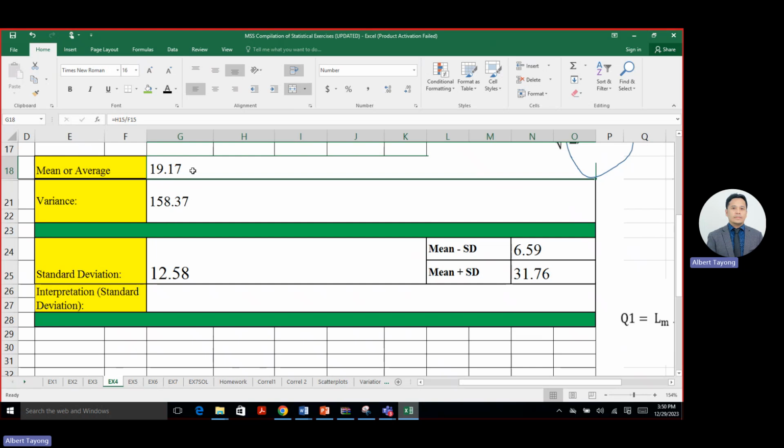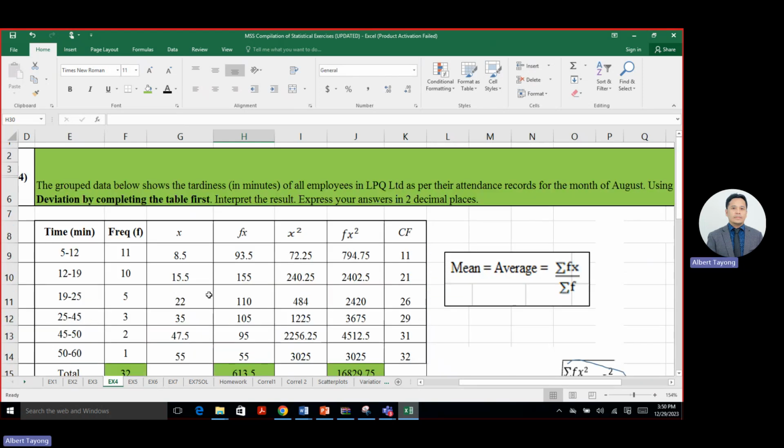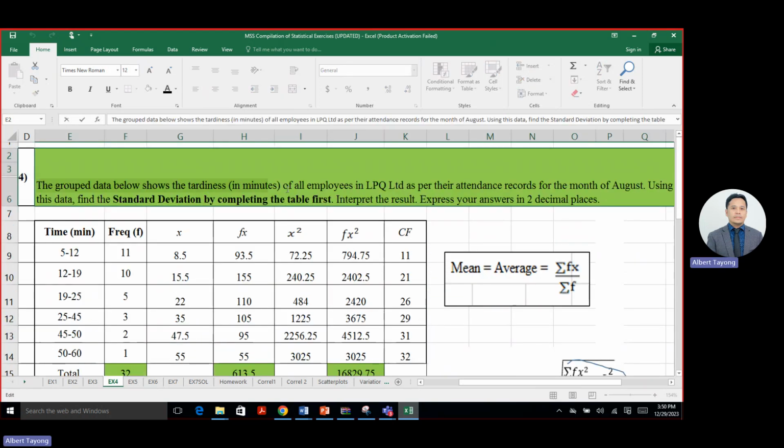So that is 19.17 minus this. To the left, that is 6.59. So that means 6.59 to 19, most of the values are there. And on the right, 19.17 plus 12.58, so that will be until 31.76. So the large proportion of the, go back to the information above. The group data below talks about